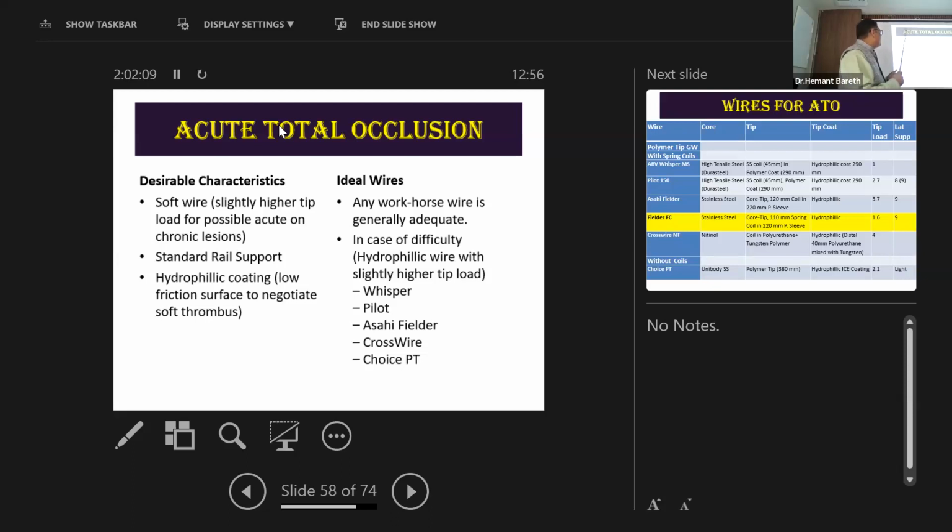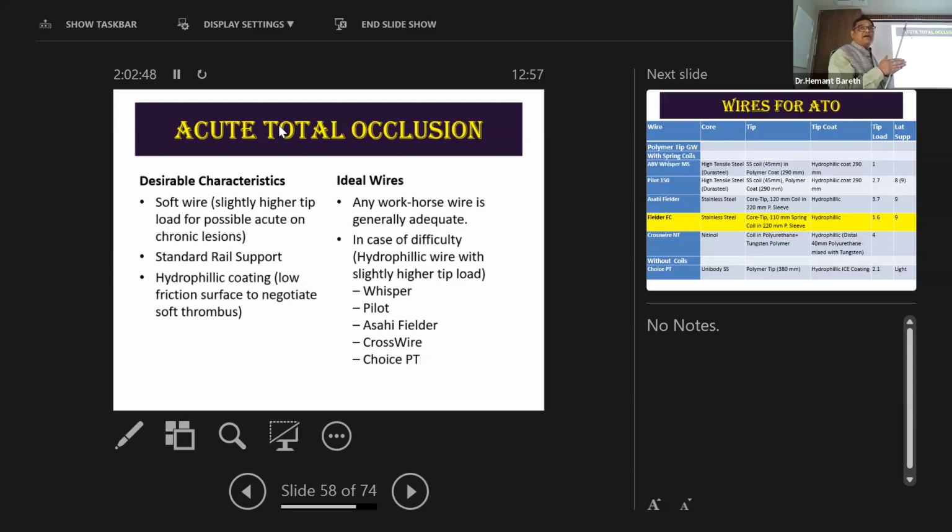Coming to the third category, acute total occlusions. Now, what is the characteristic of acute total occlusion? Normally, in a vessel, you have to just pass the wire on the edges of the wall through blood. But when there is total occlusion, instead of blood, there is thrombus. So naturally, you require a wire with a higher tip load, anything more than floppy. And that is why you could use the soft wire, which has got a tip load of between 1 to 2. So you could use a soft wire with a hydrophilic coating,